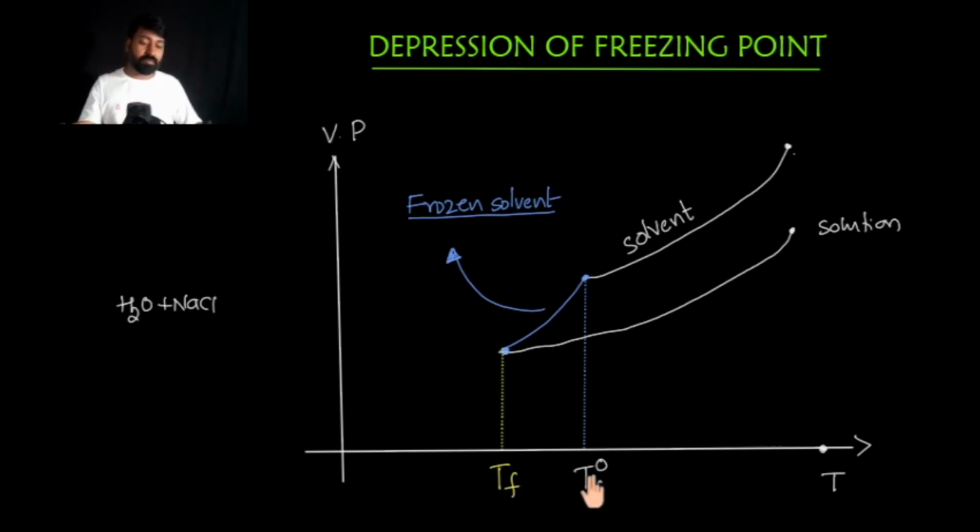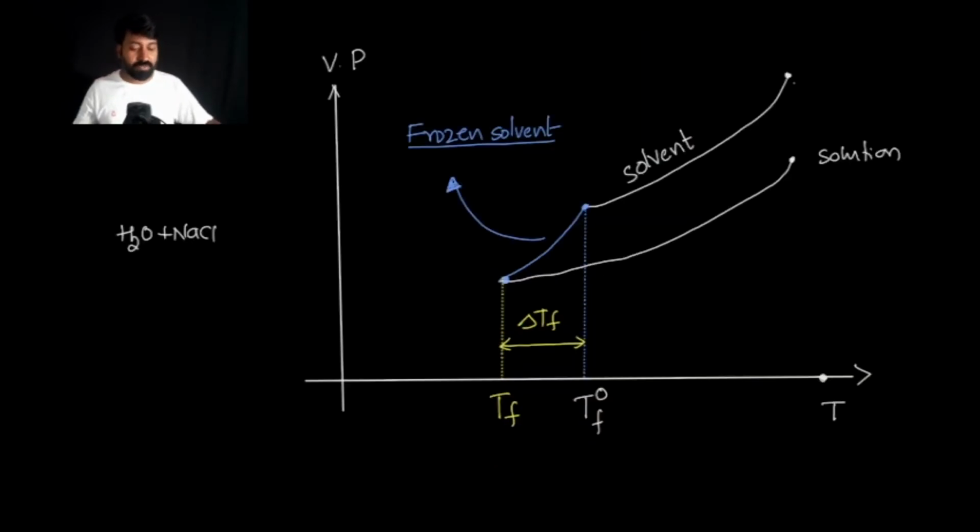TF is the smaller value because the vapor pressure is already less. If you decrease the temperature to the same extent, the vapor pressure decreases drastically here. What happens here, students? The vapor pressure should be here, but due to the presence of non-volatile solute, the surface vaporization is less, and therefore it extends to this part. This part is extended due to the concentration. Now this part we can call the change in freezing point, or depression of freezing point, right? So therefore I'm going to write here one thing.